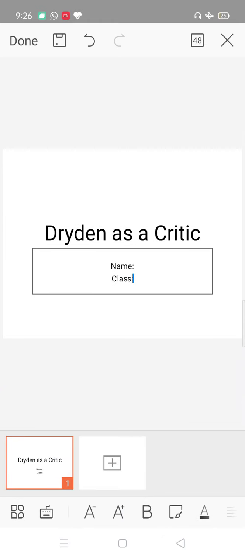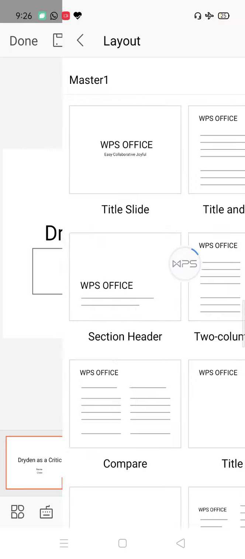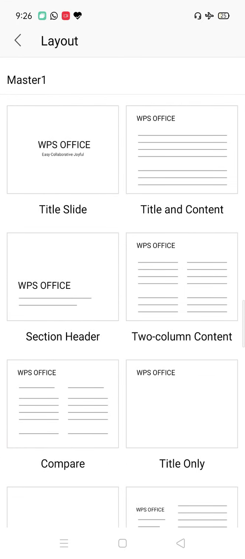Now as you can see at the bottom there is another slide with a symbol of plus. If you click on that, then you have different options for what kind of next slide you want to create. As you can see, title slide, title and content slide, section header, 2 column content.